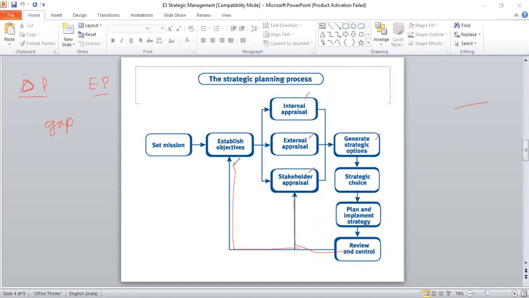So there is feedback which is passed on to the process which is taken up to achieve the objectives. From time to time, when the control measures are exercised, feedback is conveyed to the process to correct deviations, or sometimes feedback is also given to the process of setting the objectives to convey the message that the objectives are not possible to be achieved. Then they may revise and redefine their objectives.